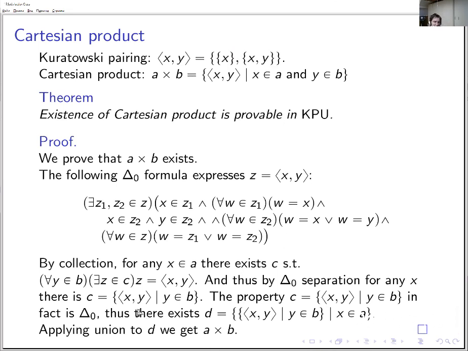So it's very straightforward. More or less the same as what people do in the case of the basic development in CF. The point is, as soon as we have this delta zero property, Z equal to the pair XY, we can apply collection. Namely, we have